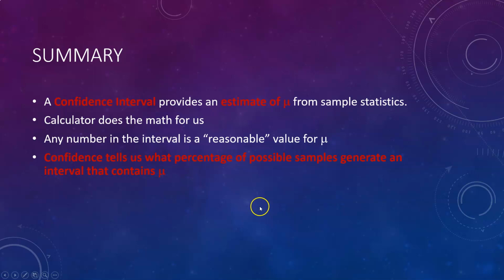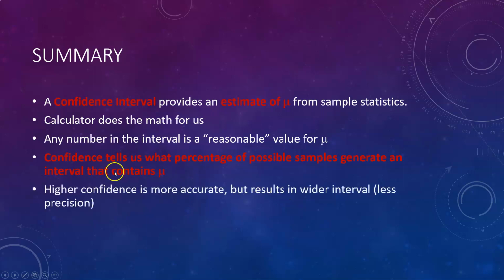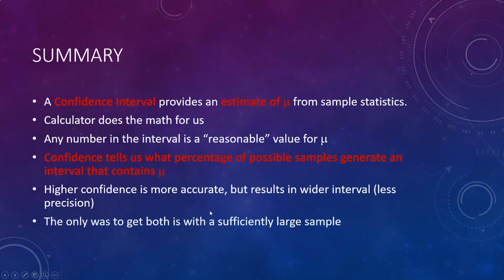The confidence that's attached tells us what percentage of possible samples can give me an interval that actually contains the mean. We don't know if our particular sample is one of those or not, but we just hope for the best. Higher confidence gives us more accuracy, but it also gives us less precision. The only way to get both is with a sufficiently large sample, and that, my